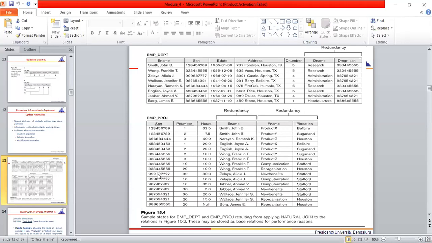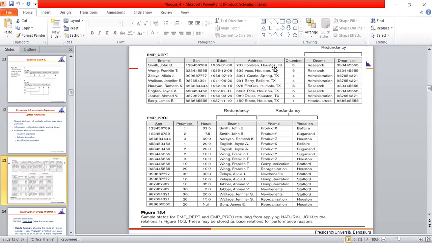But if we are keeping employee information and project information in a table, we are seeing the employee name repeating, as well as the project name and locations also repeating. Similarly, if you want to keep this employee department information, you can see the department names are also repeating. So if I ask what the solution is, it will definitely be decomposition. You keep employee information in one table, and you keep department name and information in one table. Then you link this with a foreign key so that this duplicate will be removed. So we only keep this Research thing in only one row, then we link with this department number 5. This you already know, so you must understand easily.